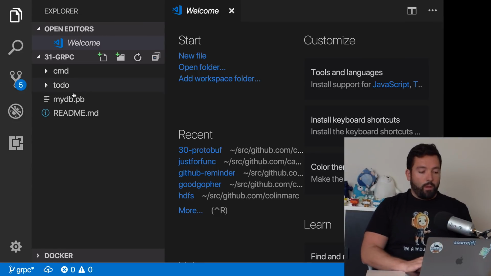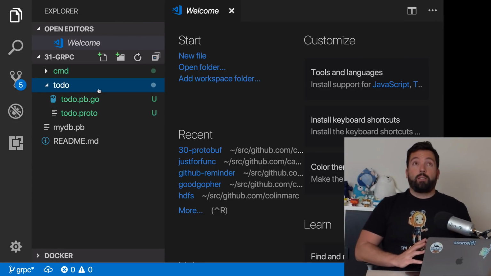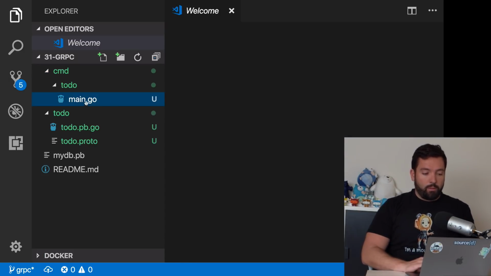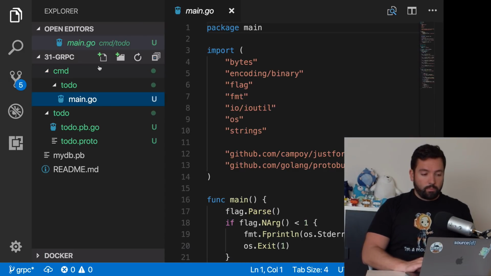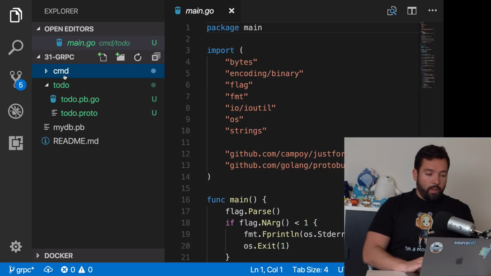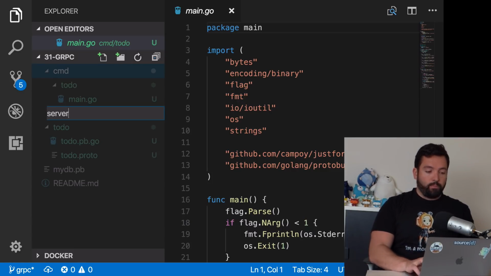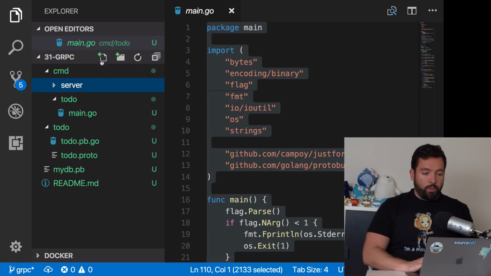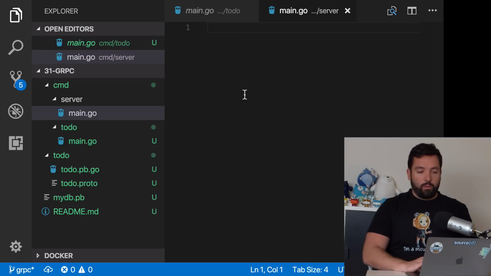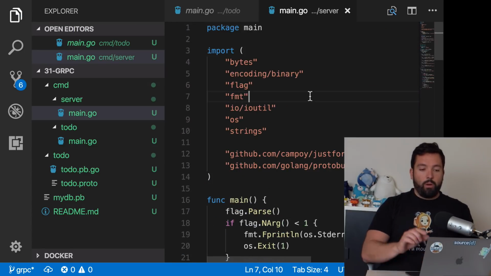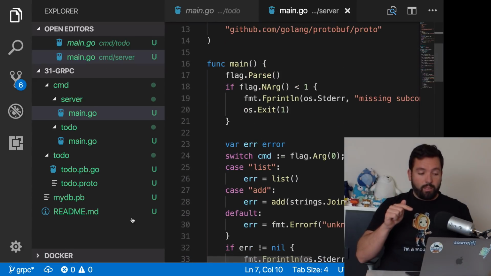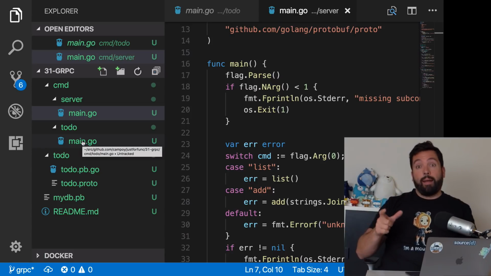Okay, so what we're going to do is quite simple. Basically our command, the main.go here, we're going to have server and our tool. So for now, what we're going to do is we're going to copy everything here too. So the server will serve the data. So we'll be accessing that database that we wrote, and the to-do binary will be a client that connects to